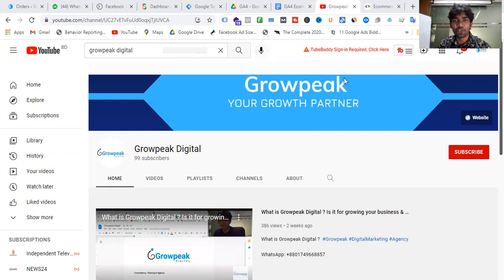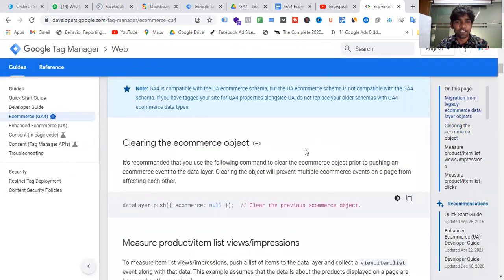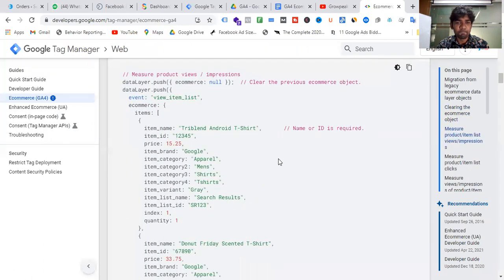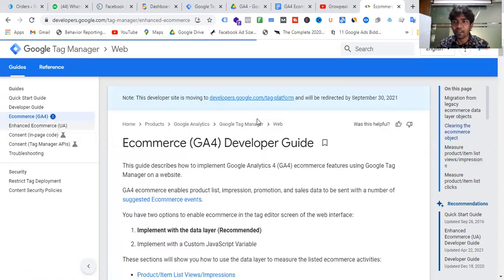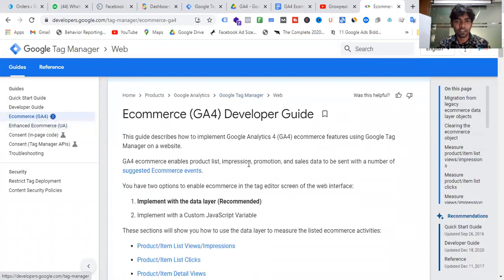In this video, I will show you how to set up GA4 e-commerce tracking on any website. I mean a WordPress site, a Shopify site, and any custom-made site. You already know that Google Analytics 4 updated their schema. Previously it was the enhanced e-commerce schema, and right now the updated version is the GA4